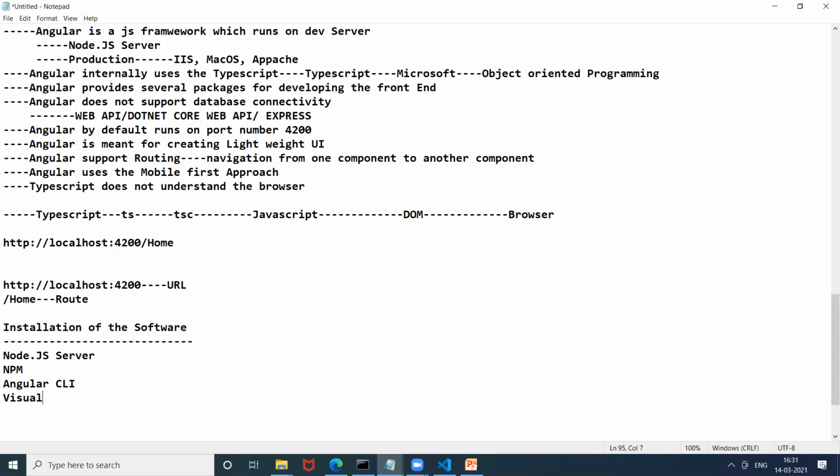This is the required software which we need for Angular when we run the application.